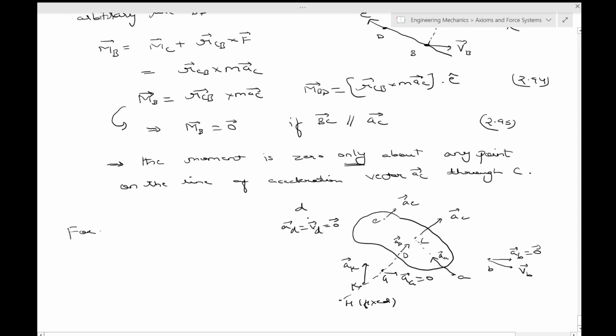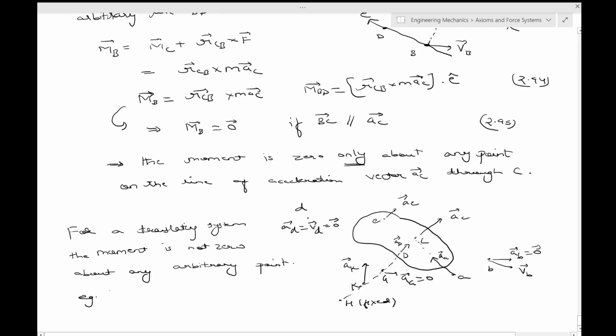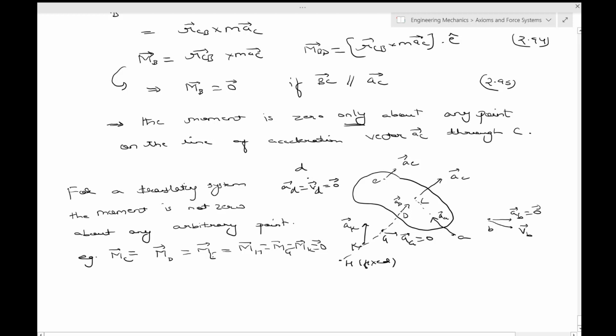So for a translating system, we want to show or sort of argue that the moment is not 0 about any arbitrary point. MC is equal to MD is equal to ME is equal to MH is equal to Mg is equal to Mk is equal to 0. Okay, this is definitely all true,